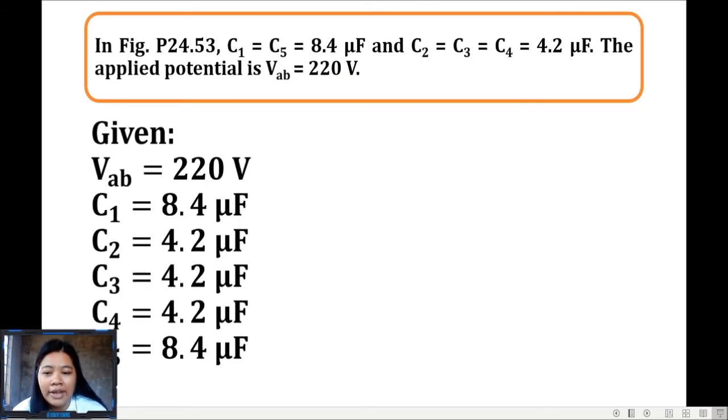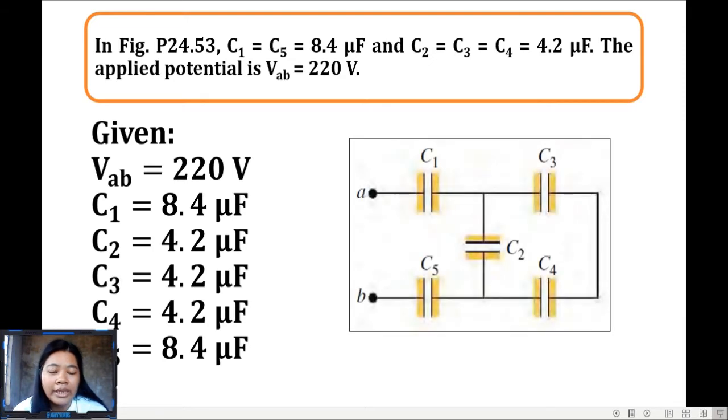So again, we identify our given values, and of course, it's important to look at the figure. So we have C sub 1,